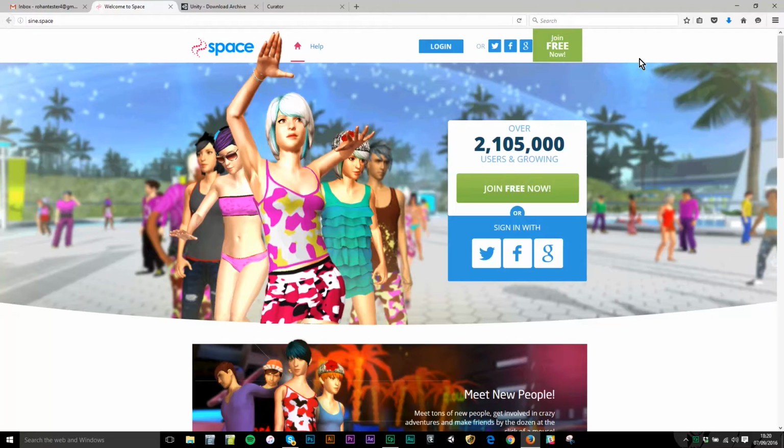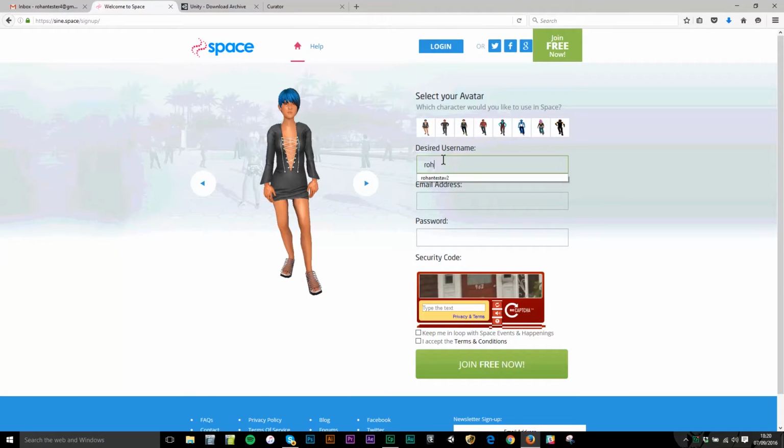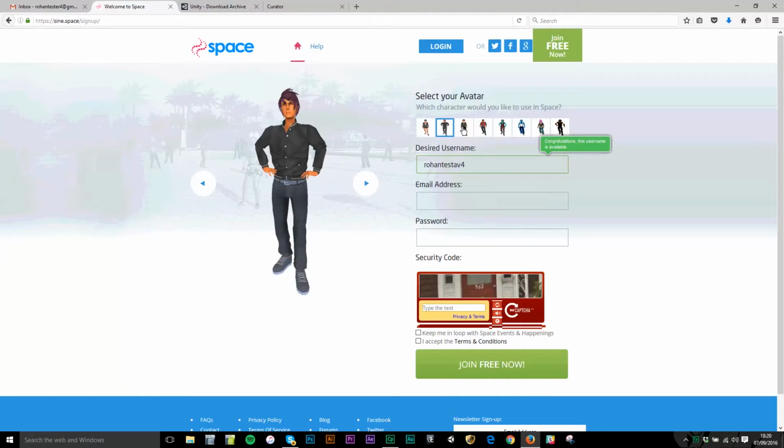In this tutorial, I will be walking through the steps for setting up your creator account on the sine.space virtual world platform. So the first thing I need to do is come to sine.space in a browser and create a new account. I'm going to join free, and I'm going to create a name, which is going to be Rowan Test AV4, and I'll pick an avatar, put in an email,